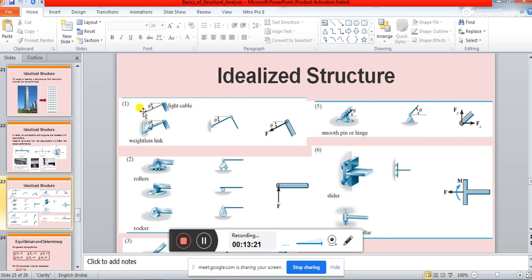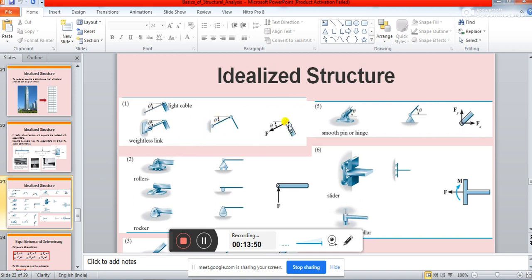When a cable is attached to something, it will make some angle theta, and you see this theta angle, how it will be idealized. See what is being done over here. When you analyze the cable structure, this light cable is attached to some link, and this link is nothing but